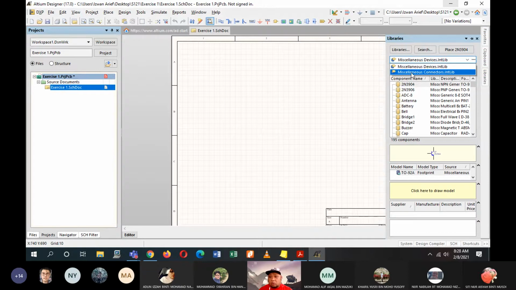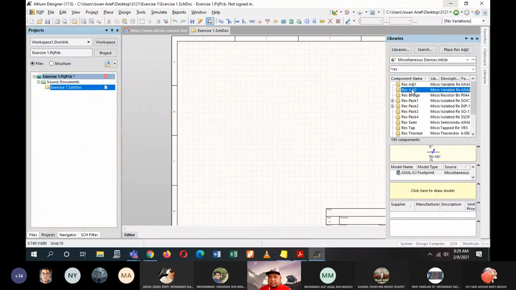By default you should have these 2 libraries, the miscellaneous devices and miscellaneous connectors. So devices are all the components that are available by default for this software. For example, if you are looking for a resistor, just type RES.